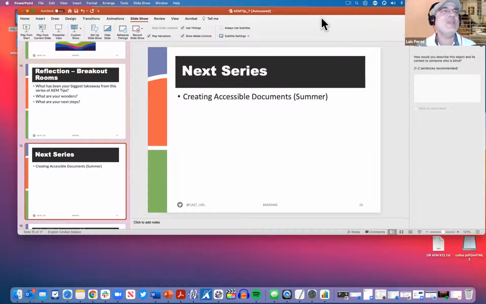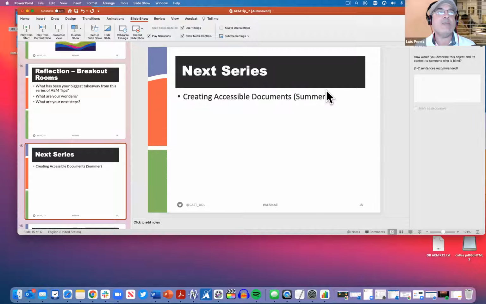So let me go over here to the breakout rooms, and I will set up a few of these breakout rooms. Let's see. We have 24 people, so I'm going to set up 4 breakout rooms. I'm not able to go into the breakout rooms because I'm the host, so I have to stay here in the main room. But this is just an opportunity for you to reflect individually or in smaller groups on the quality indicators as a whole.